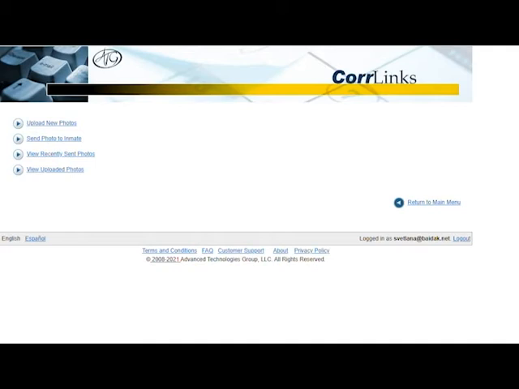Another reminder that your messages, your photos are not private. So they need to be approved by the facility. So that prison system takes their time. CorrLinks, I find, takes quite a while. It's about, I would say, 2 hours for a small message. The longer the message, the longer it takes. Photos, again, have to be approved. And most facilities are very strict. So anything nudity, anything that has gang affiliations, they're definitely going to reject it. You don't get your money back if it's rejected. So that is one thing about every system.